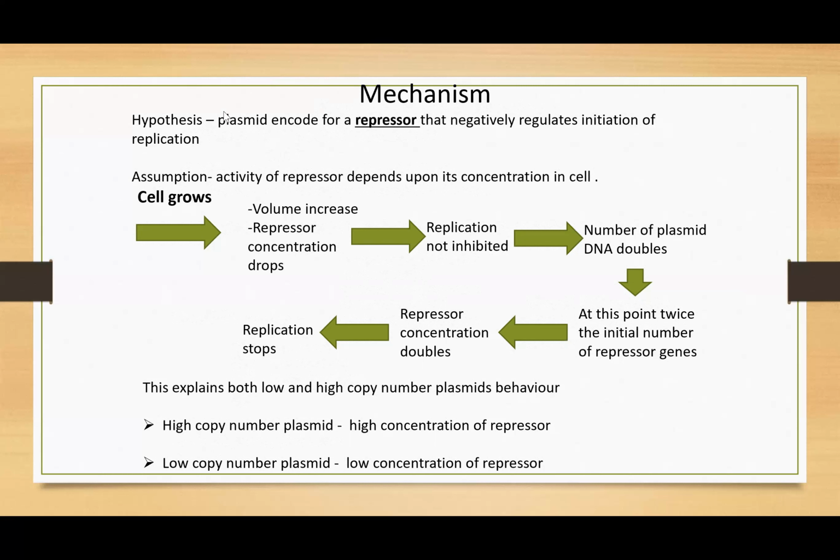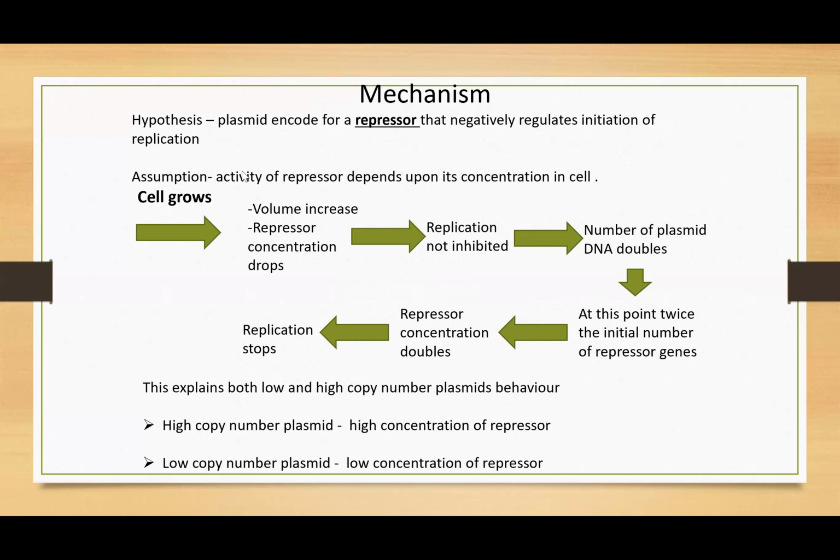Means so long as the repressor is there, it will not allow the plasmid to replicate. So this repressor is negatively regulating the initiation of replication. So that is the hypothesis made. And also,